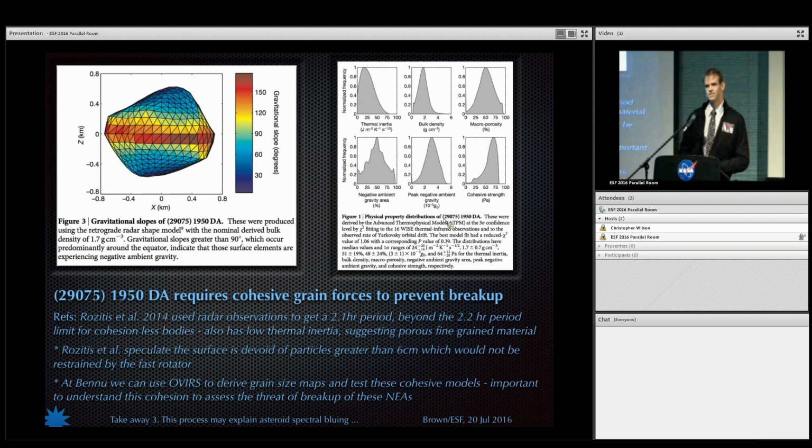In order to get the bluing of the spectrum, do the submicron particles have to dominate in some sense? Yes. So there has to be a very large mass fraction of them? Yeah, absolutely. Yes, they have to be on top of the surface. They can't be buried at all. This is very much a surface effect, so you need to have them on top of the surface. Of course, that's also in some ways a strength of the observation, because you can say, well, this is definitely on the surface. But yeah, they do have to be the dominant size grain. And as I showed you, if you have more particles interacting that have a large spread in size distribution,